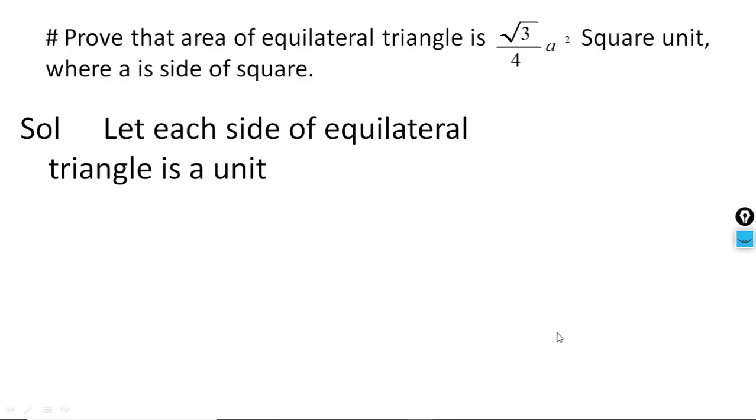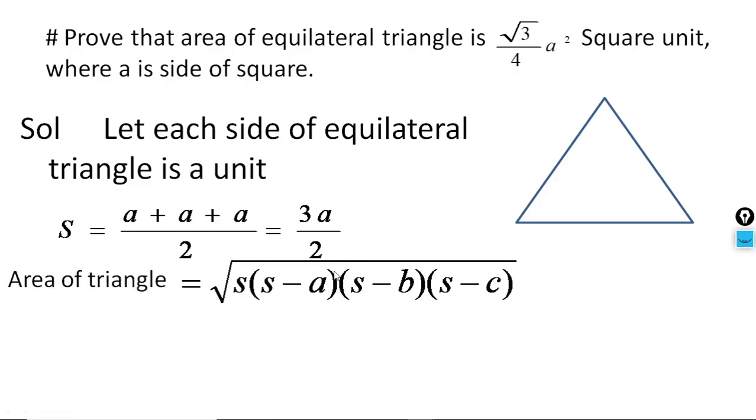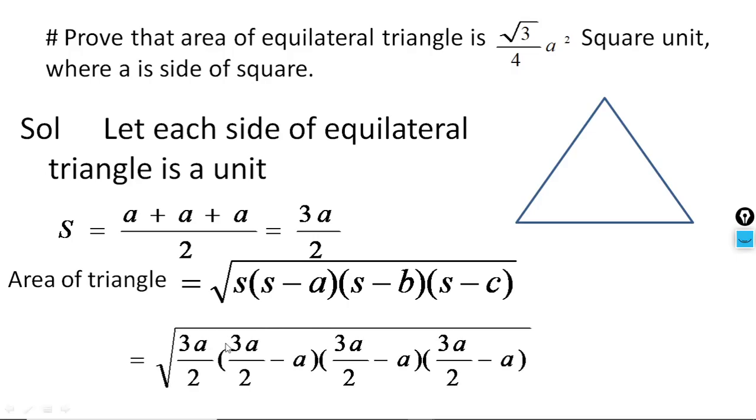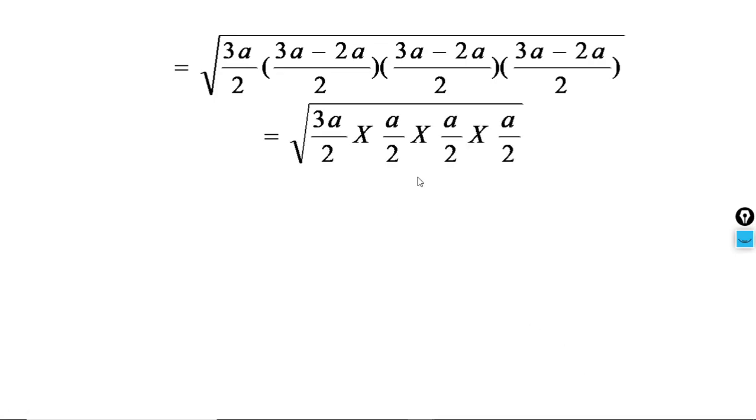Let us discuss some problems. Let us prove this problem. Prove that the area of an equilateral triangle is root 3 by 4 a square in square unit, where a is the side of the triangle. So we consider an equilateral triangle in which each side is a, and we find s, the semi-perimeter, which is 3a upon 2. Then the area of a triangle is the square root of s(s minus a)(s minus b)(s minus c). Now students, in this case a, b, c are all the same. So we have 3a upon 2, 3a upon 2 minus a, 3a upon 2 minus a and 3a upon 2 minus a. By taking LCM, we get 3a upon 2, a by 2 repeated